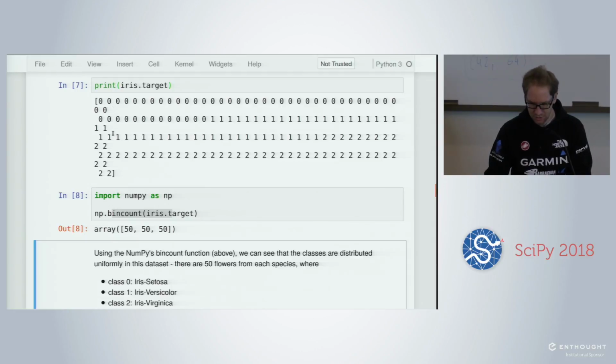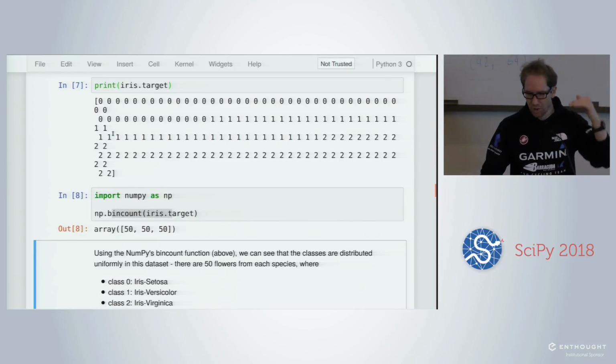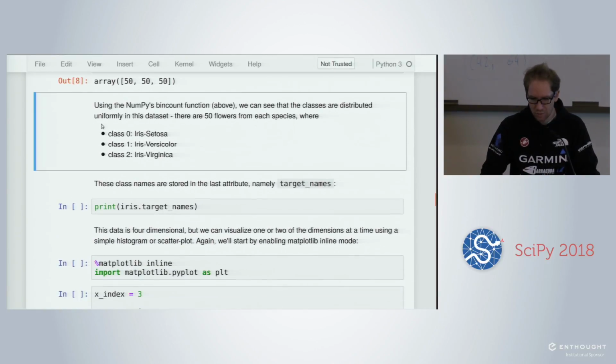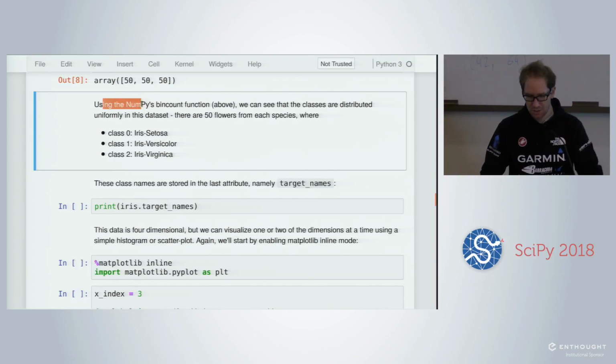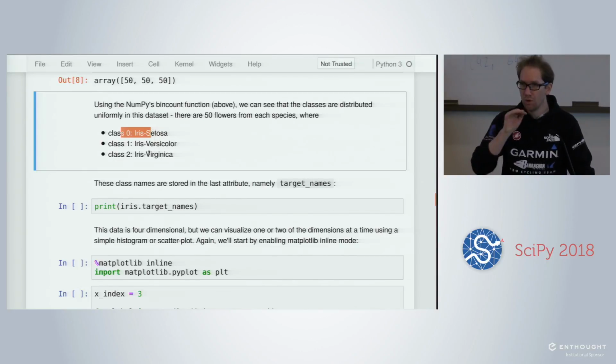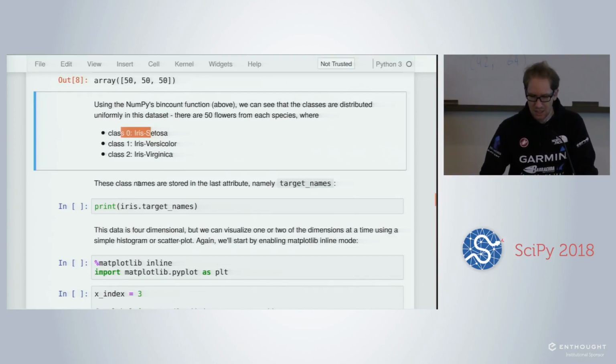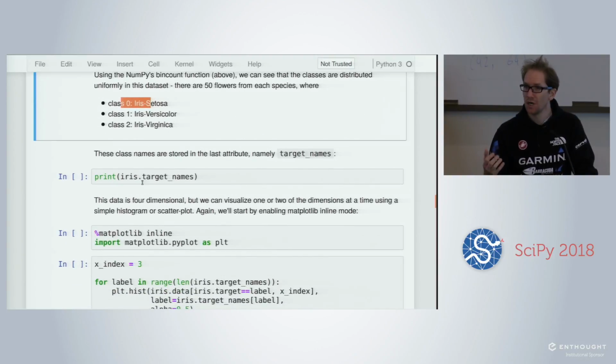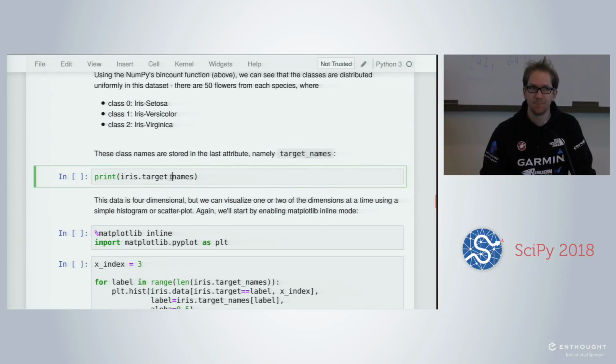So if we execute this, the number of rows will correspond to the number of samples, and the number of columns will correspond to the number of features. And what we can check is that we have 150 flowers with 4 different features, okay? And if we just display the first row, we obtain basically our 4 numbers, our 4 features, okay?